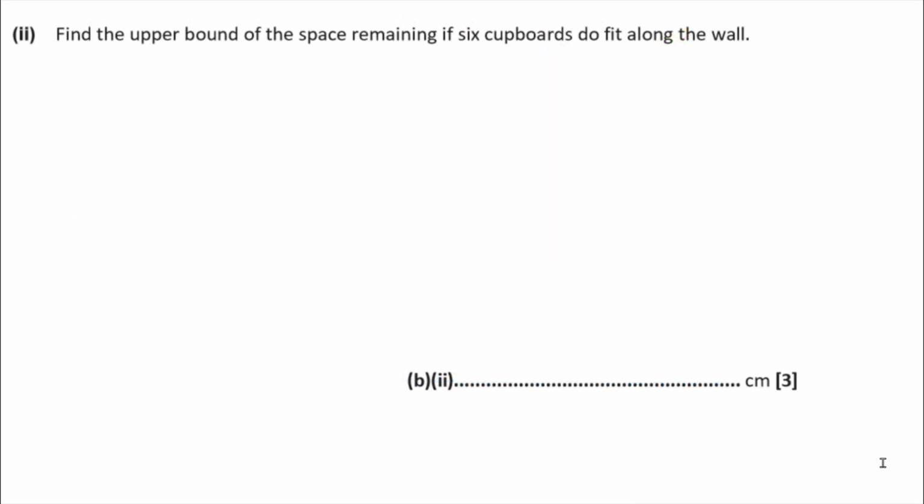Part 2 says find the upper bound of the space remaining if the cupboards do fit along the wall. So the upper bound is going to be the most space that is extra. This time we're going to take the largest possible wall length, which is the upper bound, 363.5, and we're going to take the smallest possible cupboard length,